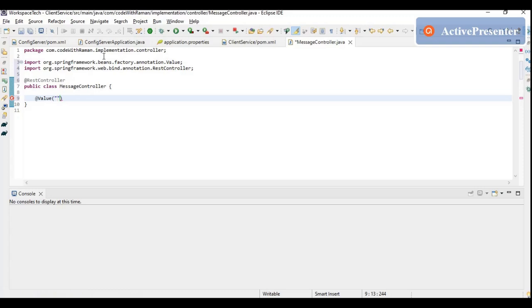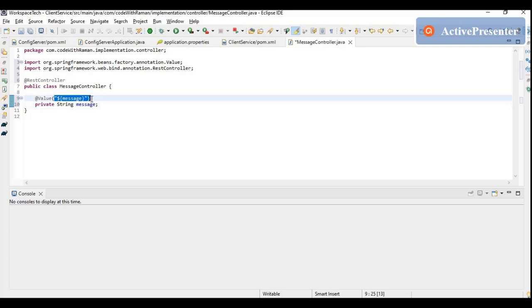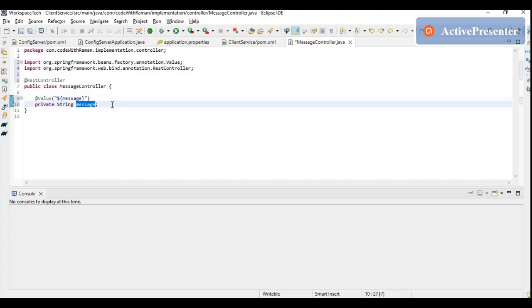So I need to pass it like $, and then I need to pass a key here that is present in my application.properties, right? And I'll say private String message. So the message key would be message, and the value would be present in the application.properties, and the controller will be picking that value and putting it into this message, right?